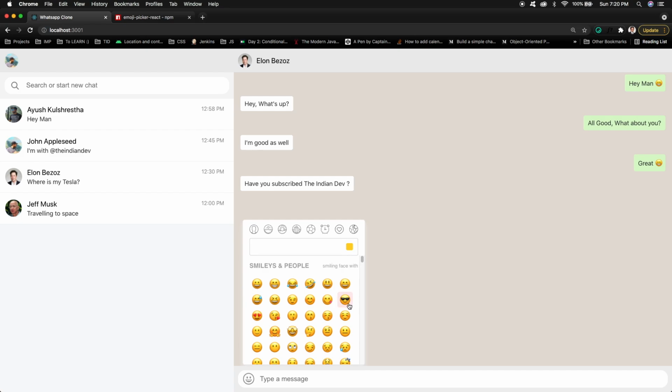And if I am writing any text, that is being added to this text, and here I can write my text as well. So it's good stuff. And one thing I just wanted to make sure is that if any of the text is changed from this part, then once that emoji is picked, I just wanted to toggle this picker again.